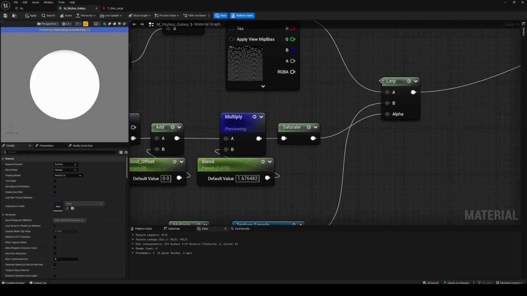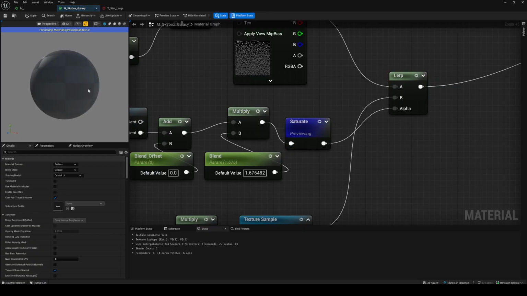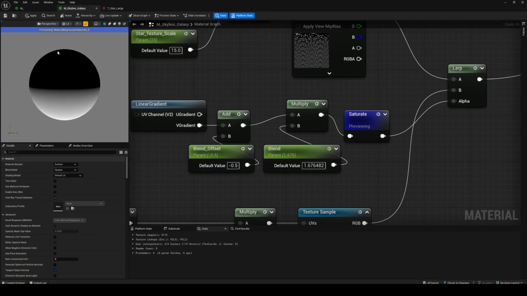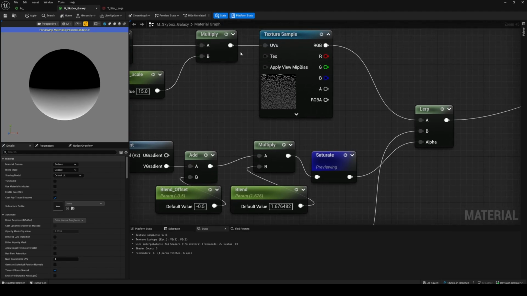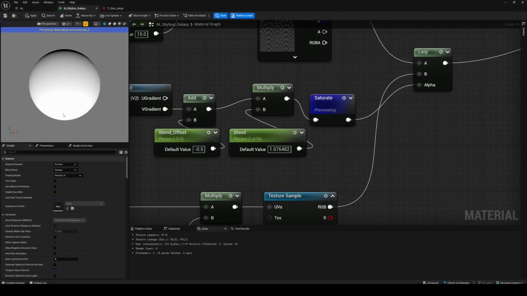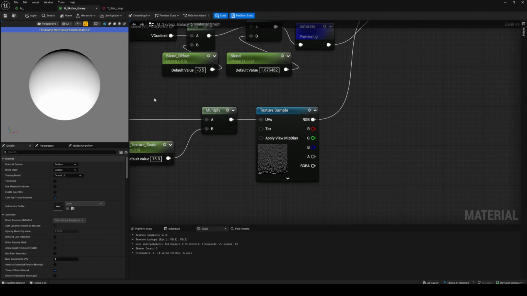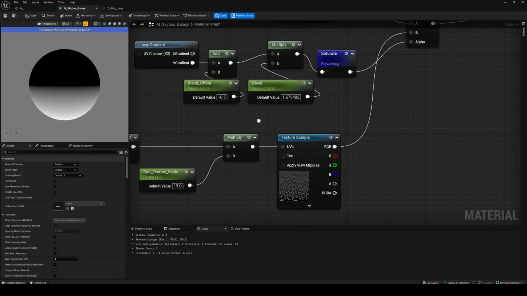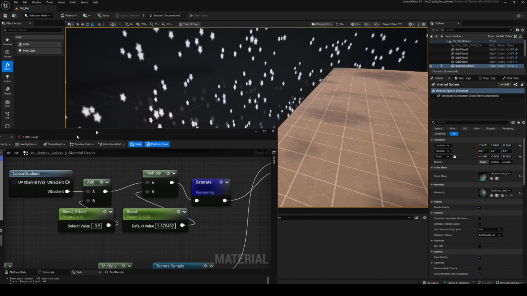Because remember, in a loop where our gradient, so we'll go -0.5 here, where our gradient is 0, it's going to be showing this top texture. Where our gradient is 1, it's going to be showing this bottom texture. So we're just blending between the top texture and the bottom texture on our sphere. So we save that,